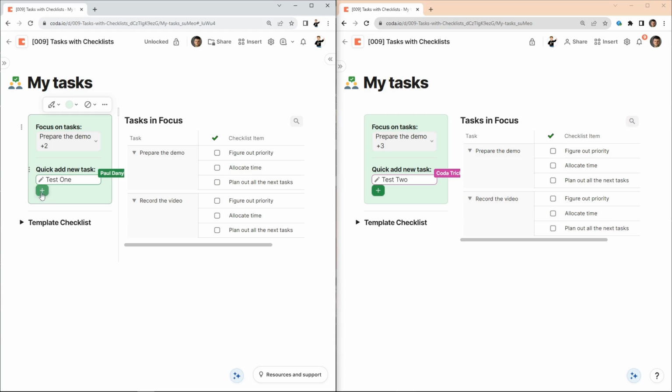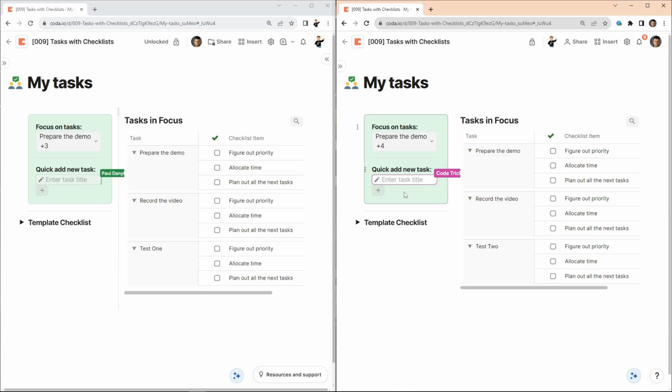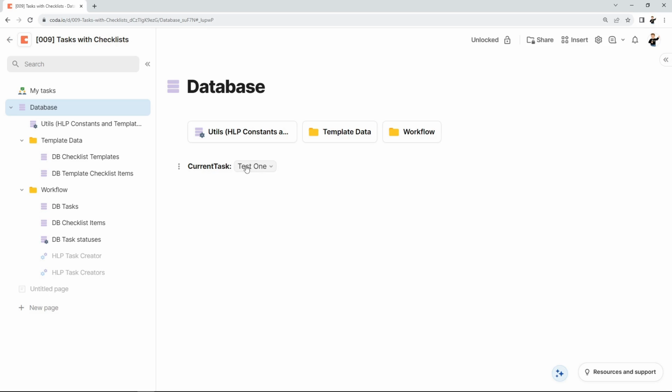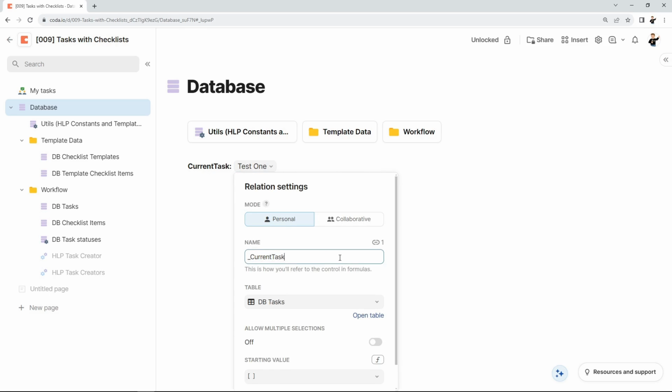And as long as this control is collaborative, it will be a separate storage cell for each user, so if somebody else presses the button at the same time, these two actions will not interfere. Some experts have second thoughts about it, like somebody may use this control by accident, but I personally don't think there is much risk. You just give it a name that indicates it's a private control, like the conventional way to mark private items in programming is to prefix their names with an underscore. And you place it somewhere in your database section, and the chance that somebody uses it by accident is now